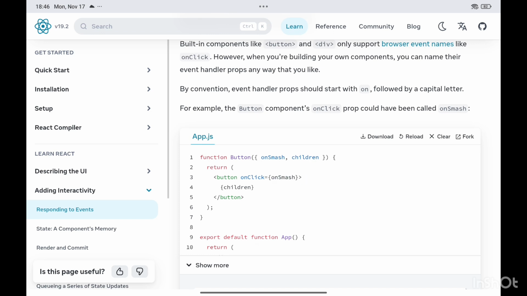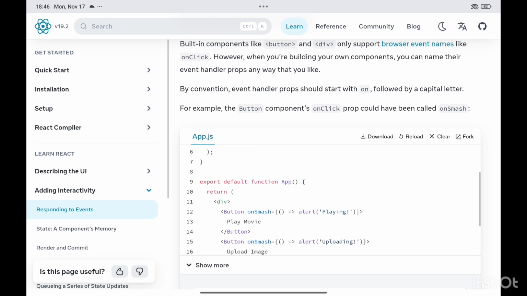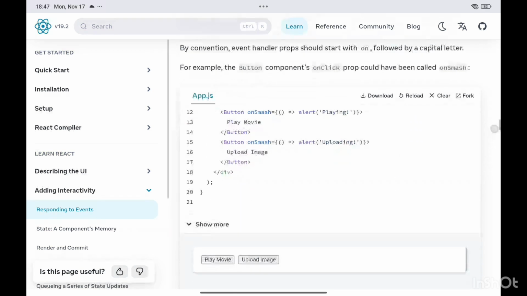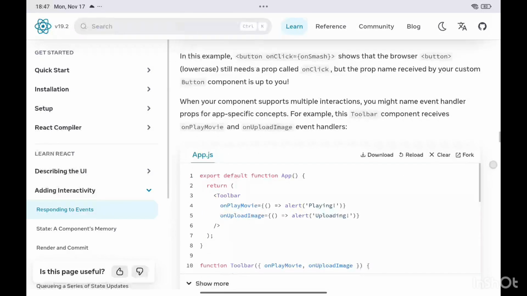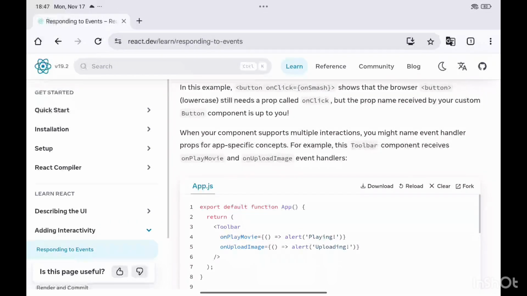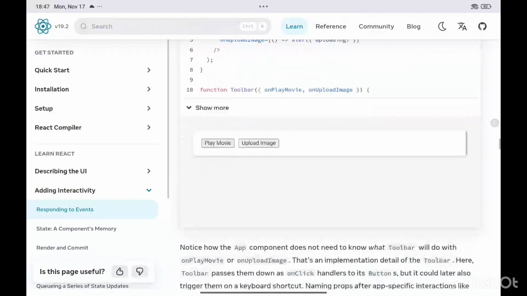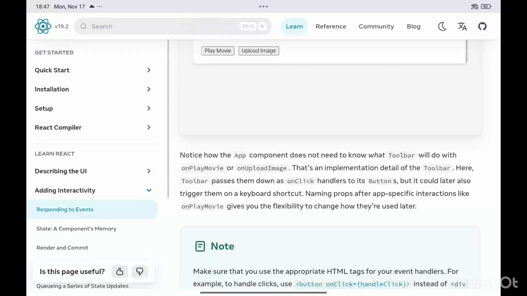And then onClick, it will get called, and these children are nothing but what is inside it, the Play Movie text inside this component. So this is how it is working. And in this example, button onClick smash, yeah, all this we have discussed. And then we have